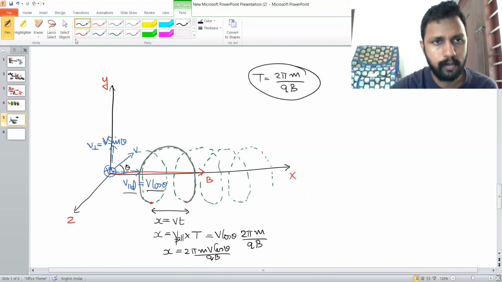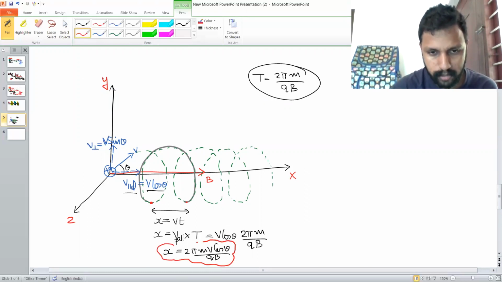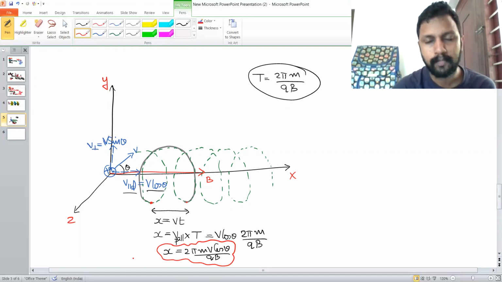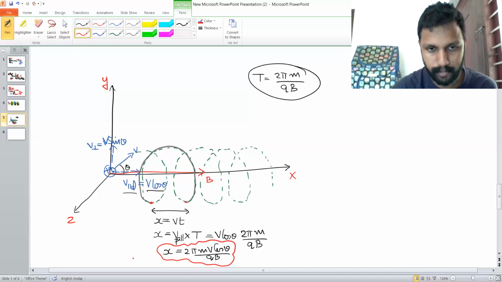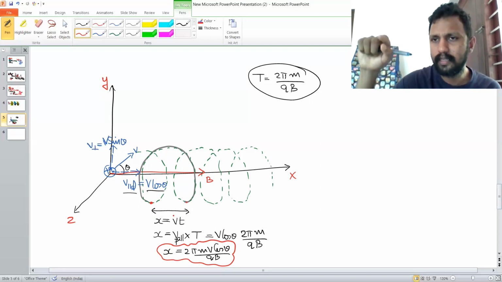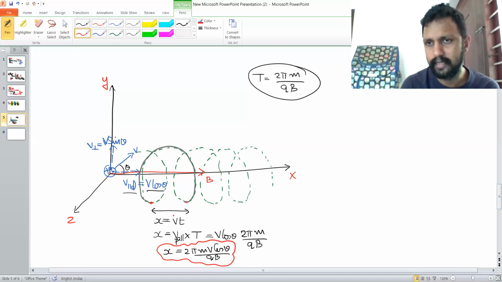Okay, therefore, what is the expression for pitch of the helix? It is 2 pi mv cos theta divided by qb. What is pitch? It is the linear displacement undergone by the particle on completing one revolution. One revolution complete ചെയ്യുമ്പം undergo in a linear displacement. Okay, therefore, now we have understood the pitch of the helix. Then we have to determine the radius of the helix. അതായത് ഒരു സ്പ്രിങ്ങിന്റെ മേലെ കൂടെ ഒരു ചാർജ് നീങ്ങുന്നതാണെങ്കിൽ ആ സ്പ്രിങ്ങിന് ഒരു റേഡിയസ് ഉണ്ടാവില്ലേ, ക്രോസ് സെക്ഷണൽ റേഡിയസ്